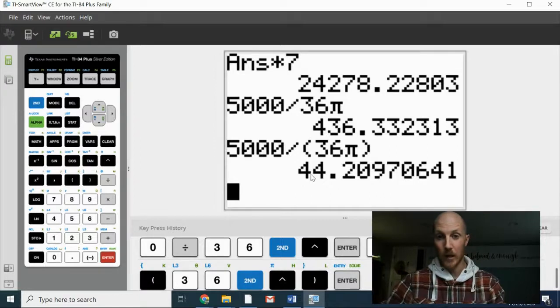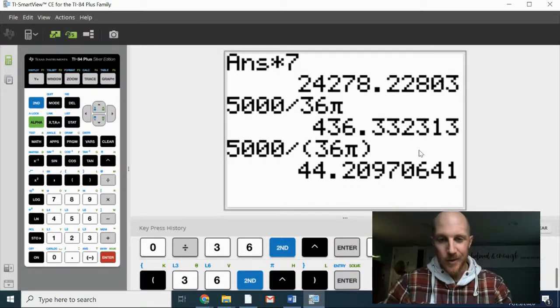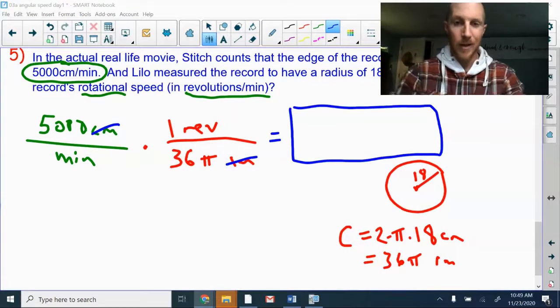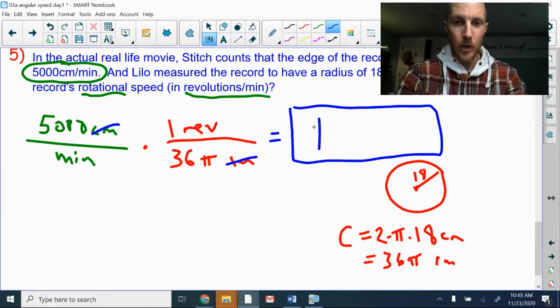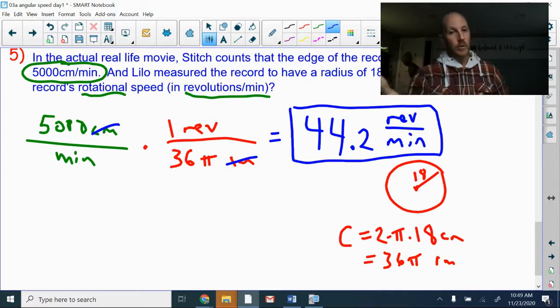44.2 is what I do want, and that 436 is what a lot of times people get. And they'll be like, I typed it in right. I don't know what the problem is. Well, calculators in parentheses. So 44.2 revolutions per minute. Final answer. So thank you, Lilo and Stitch, for giving us an opportunity to do some important math